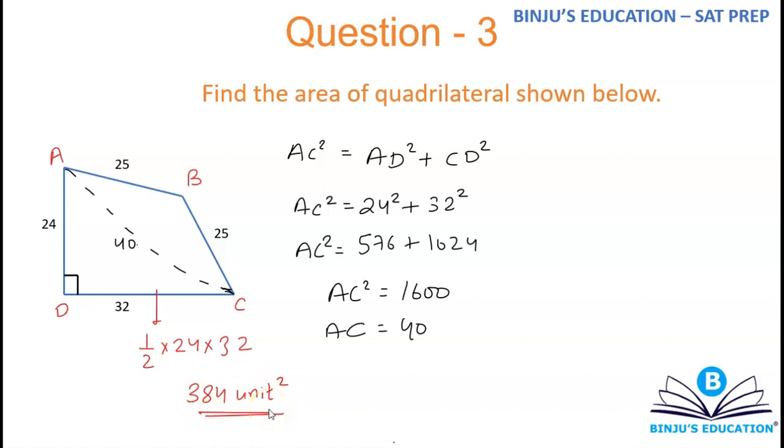Now let's come to triangle ABC. Now in this triangle ABC, I'll realize that this triangle is an isosceles triangle. Alright, now I need to calculate its area. So what can I do? The only formula that I know is half into base into height. And since B is the vertex which is formed by joining the two equal sides, what I'm going to do is drop a perpendicular from B onto AC, something like this.